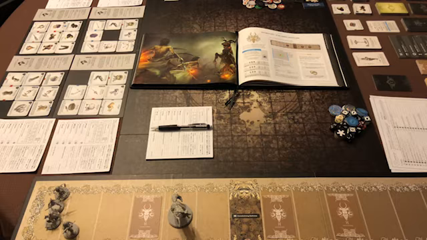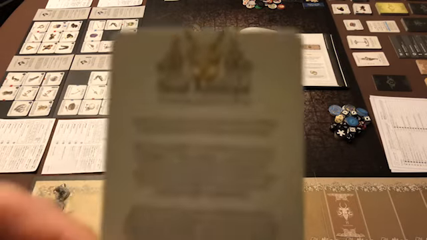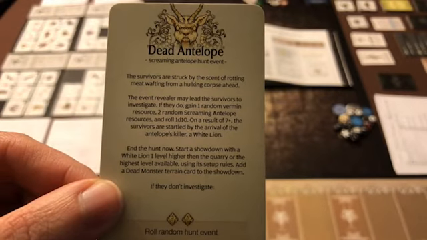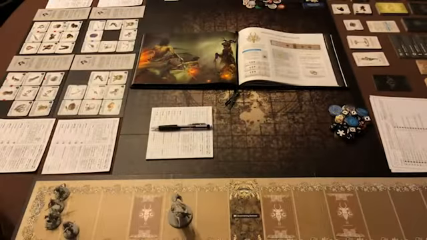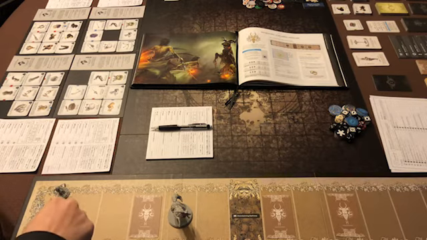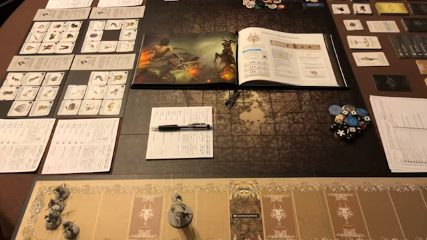All right, so this one is Dead Antelope. Don't worry if you can't read it, because I'll read it to you. I just wanted to show you what the card looked like. So whatever happens on this, you do something, and then also do a random hunt event on top of that. Okay, so Dead Antelope. The survivors are struck by the scent of rotting meat wafting from a hulking corpse ahead. The event revealer may lead the survivors to investigate. If they do, gain 1 random vermin resource, 2 random...